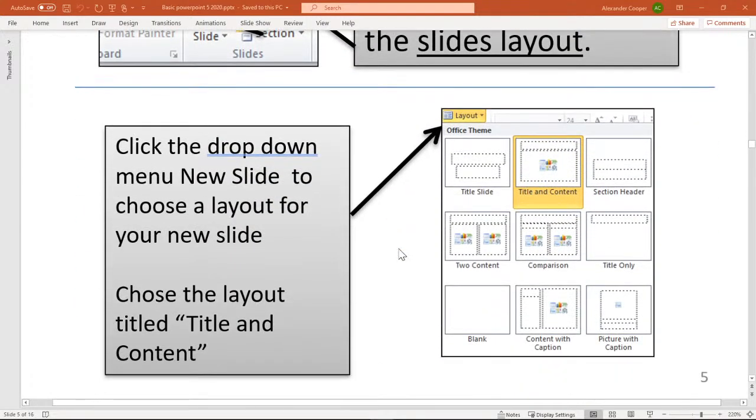The different types of slides that exist are the title slide, title and content, section header, two content, a comparison one, in which each individual section will have its own title, title only, a blank one, which you have to add your own text boxes to, one that's supposed to be a picture with captions, and this one here, which I call the photo slideshow one. So it's very easy, and if you put a picture in that box, it'll resize it so it fits there perfectly, okay? And it'll look very uniform.